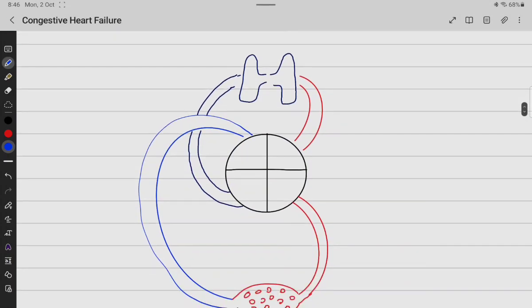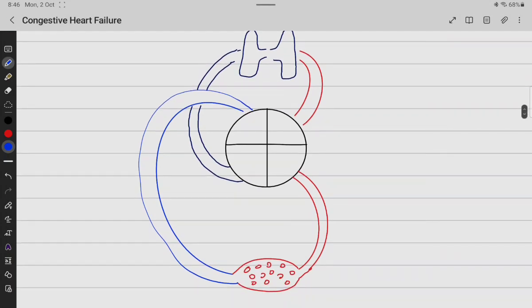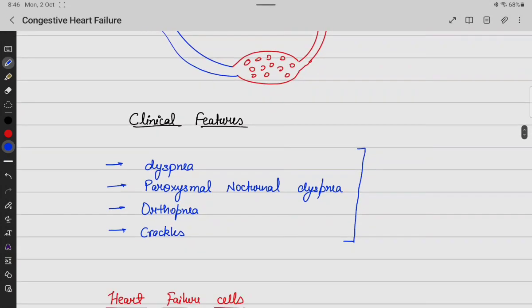Now, talking about the clinical features of left-sided heart failure, let's first understand this. If the left ventricle is not able to pump an adequate amount of blood to the circuit, it will lead to back pressure. So more blood will be there in the left atria, leading to back pressure, more blood in the pulmonary circuit, which can lead to congestion of the pulmonary vessels. So it can lead to pulmonary congestion and edema, and because of this the clinical features will be that of